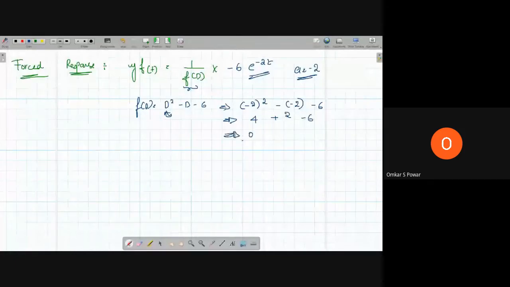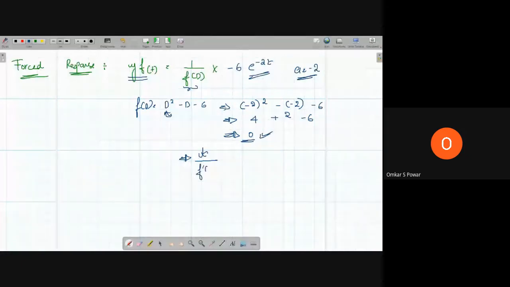If you get some finite value, you can directly substitute and get the forced response. But since you are getting the 0 value here, I have taken this problem because of that. This is not the normal problem where we get f of D directly as non-zero. So you have to go to the second step. Since you have got f of D as 0, we have to take t by f dash of D. From mathematics, if f of D is equal to 0, you get infinite, so we have to do this step.